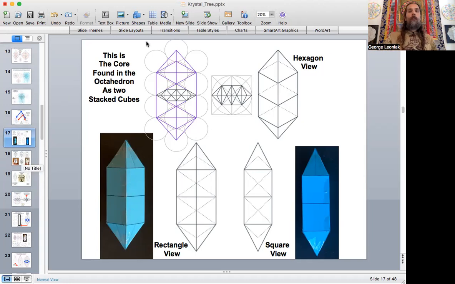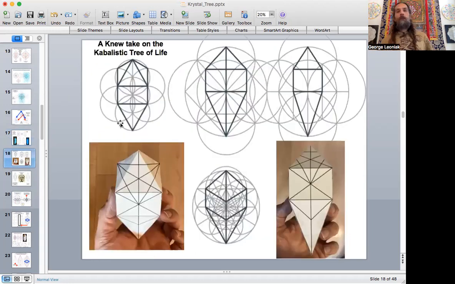So this made me look a little bit more at the traditional Kabbalistic tree of life. A while ago, I was trying to discover, well, what's up with this shape? Because I'm always going back trying to understand more of the geometry. And now that I looked at it through this lens, what I discovered was that the